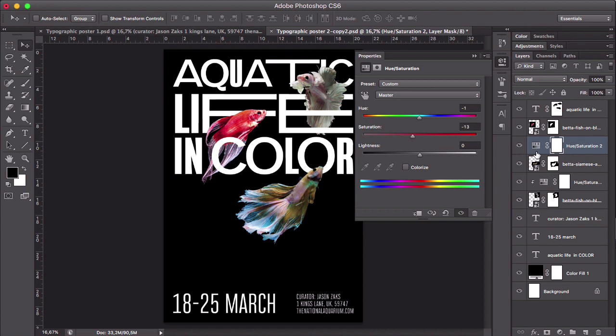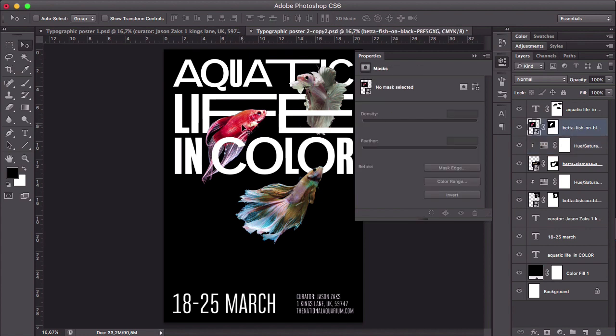And remember that we want to clip the mask. And here we have the hue. We can maybe make the color a little bit more to the green side. Just a tiny little bit. And we can see the difference right there. It's just very subtle. And I would also like to add an adjustment layer to this fish,